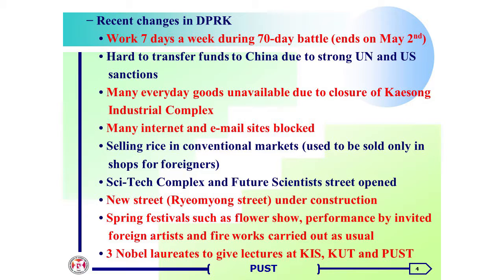Even so, I was wondering, if they are doing war, why should they construct a new street? But a new street is being constructed near the faculty apartments of Kim Il-sung University. Anyway, all the spring festivals, such as the flower show, performance by invited foreign artists, and the fireworks, were carried out